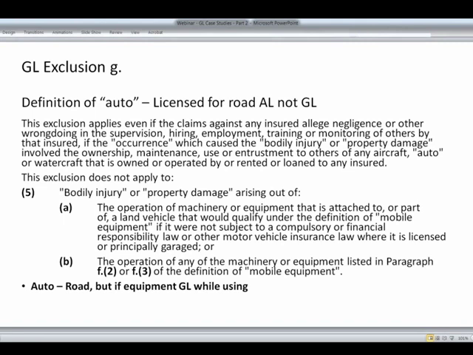We also talked about earlier that some of this equipment can operate on the highway, but also has operation equipment. And so also this exclusion, and the general liability policy and the auto liability policy have the same wording in it. It takes coverage away, and it says here this exclusion does not apply, meaning that we're still covering under GL the operation of machinery or equipment attached to this licensed mobile equipment. So when moving to the job on the highway is auto, operating equipment is GL.